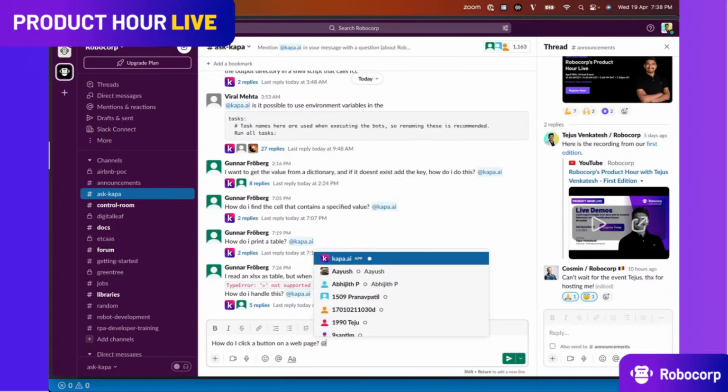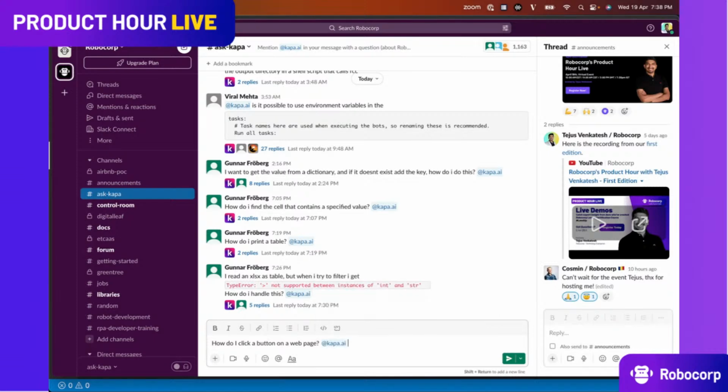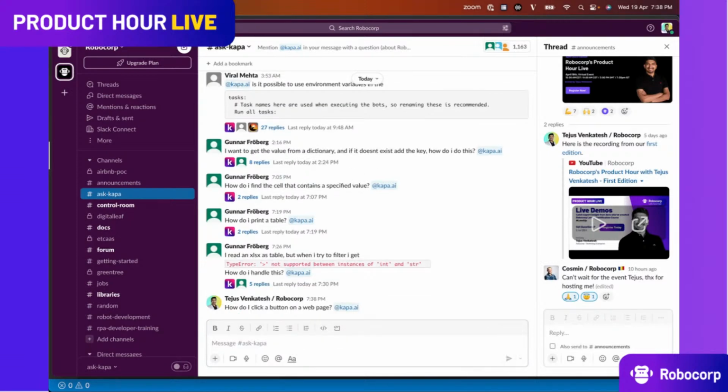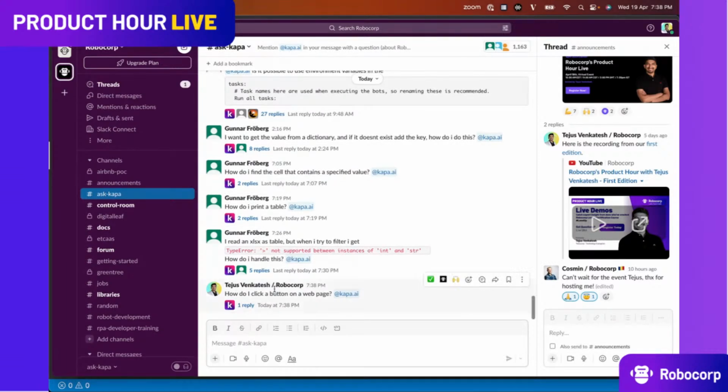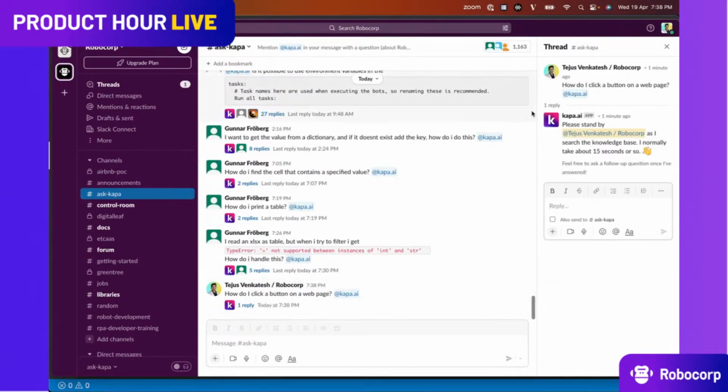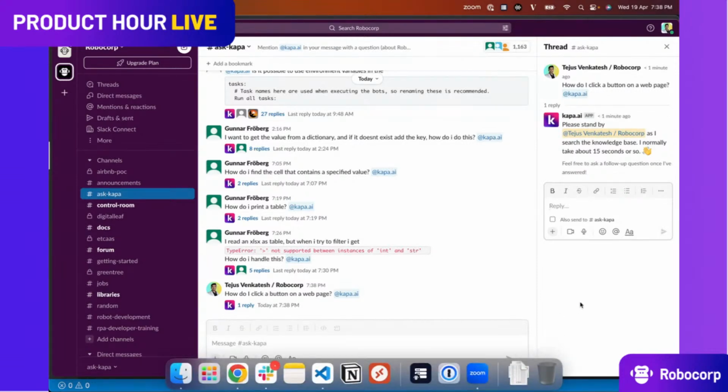All I need to do is tag Kappa AI. It immediately gives me a note saying that it has taken the question and will take a few seconds to answer. I see a question from Yogesh: what are locators in Robocorp? Somewhat similar kind of question. I can try that next.